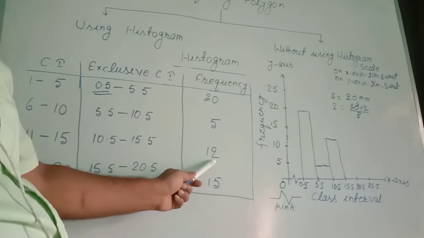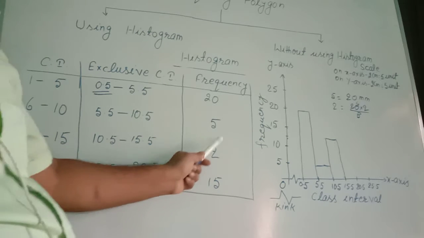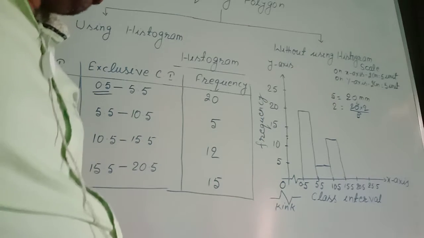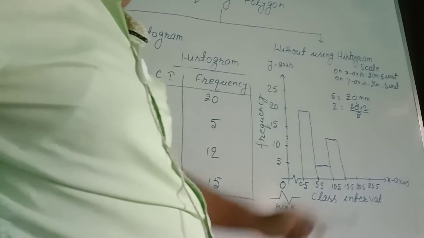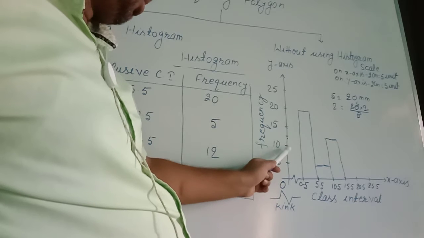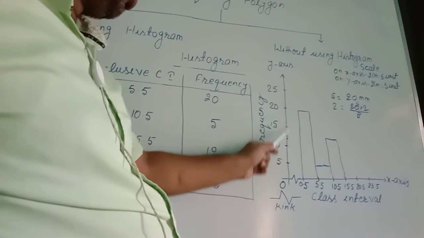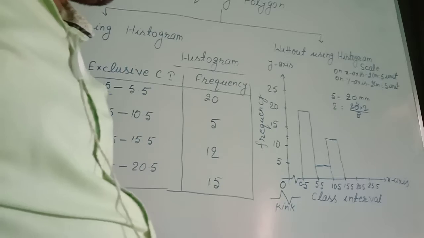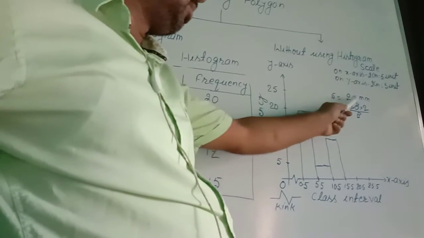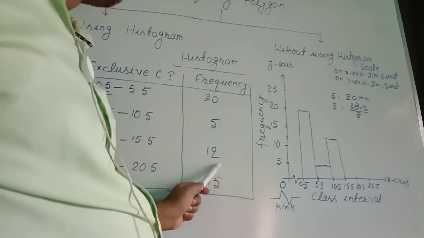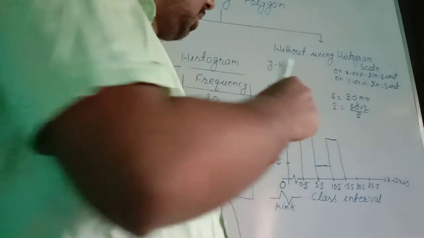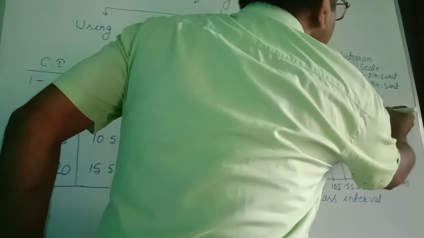At this place you have to take care, because we are not getting the complete number. 12 is the incomplete number that we are not getting on the frequency table. 10 we are getting, so we need 2 more. For those 2 more we will use this kind of millimeter division. And I repeat, between 2 centimeters you will get 20 millimeter divisions. So 5 units equal 20 millimeter divisions. So 2 units equal how many millimeter divisions? 20 into 2 by 5, so we got 8 millimeter divisions.